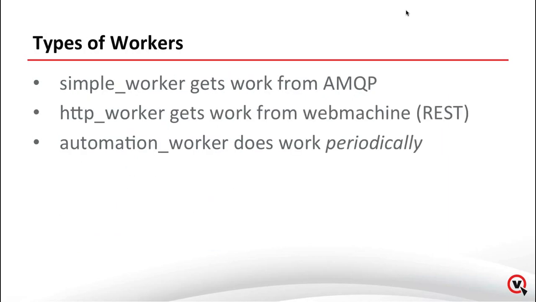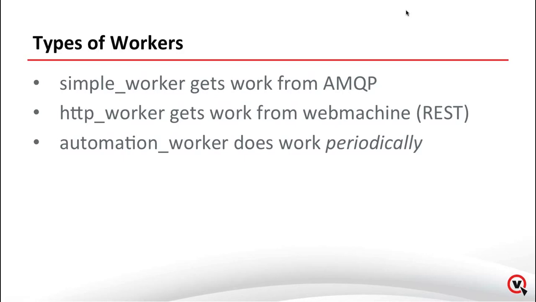We've currently implemented 3 kinds of workers into this framework. Our simple worker is AMQP based. It gets its work from a RabbitMQ work queue. We have an HTTP worker that's sitting atop Webmachine. We use the Webmachine framework to acquire REST requests, which we can then dispatch into the worker. The framework handles all the out of and back into HTTP drudgery,